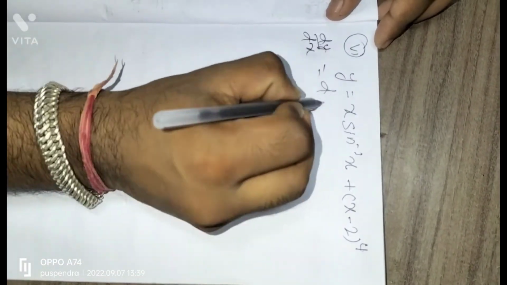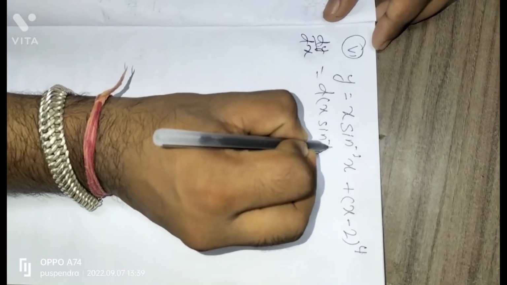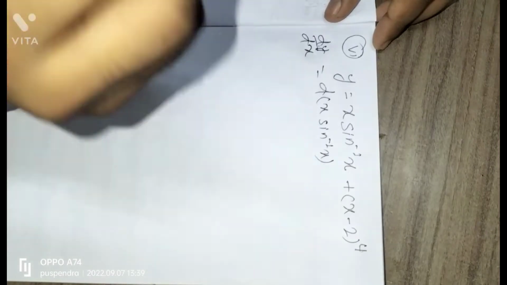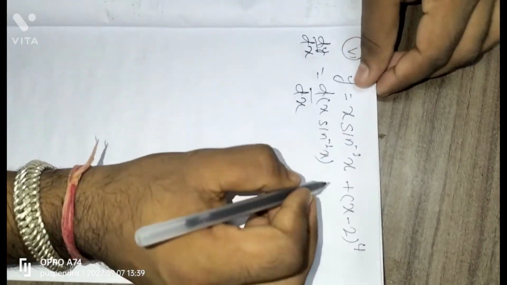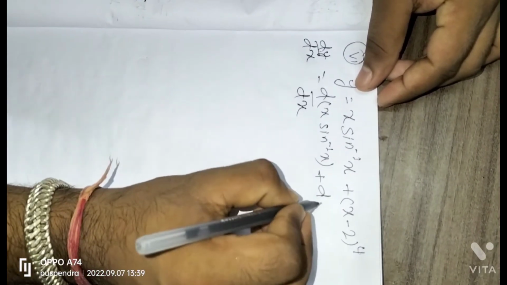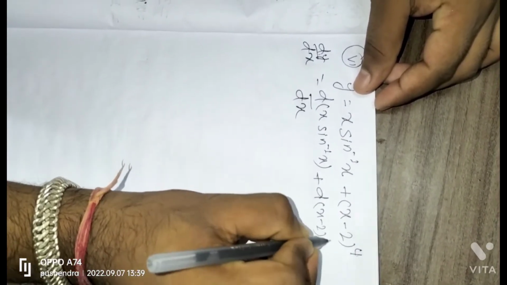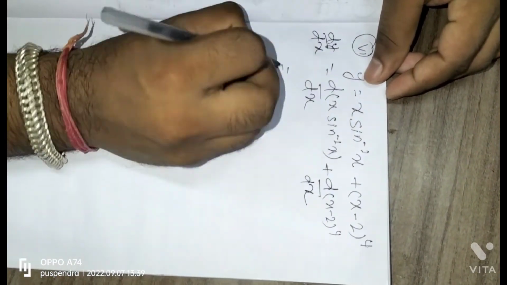The value of y is x sin inverse x with respect to x, and I did it directly. I separated this term. Again another term is (x minus 2) to the power 4 with respect to dx is equal to,